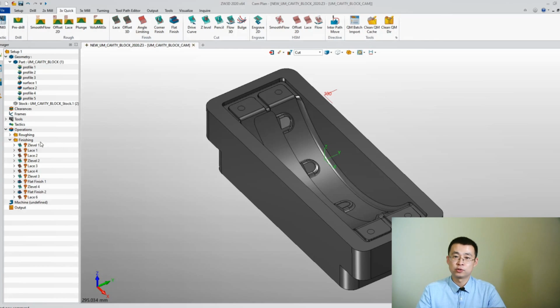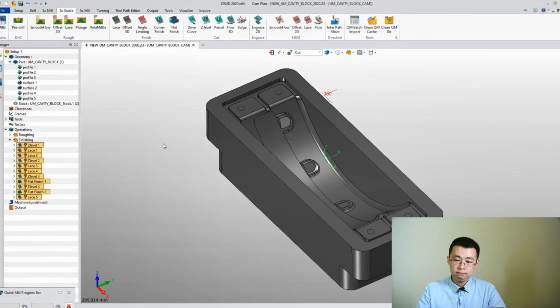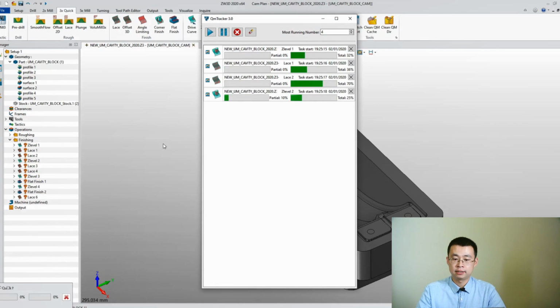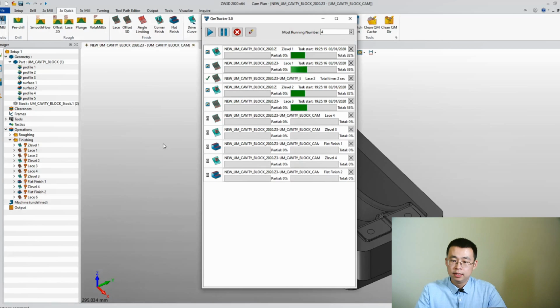But with ZW3D 2020, we got a better option, batch calculation. The calculator will include all the operations you select and then calculate them at the same time. I have 4 cores on the processor, so I can calculate 4 operations at the same time.